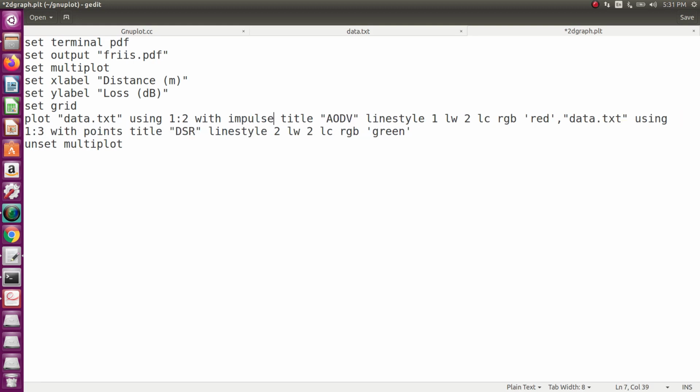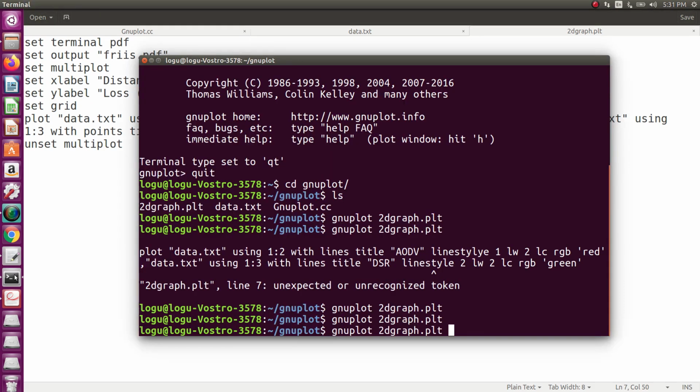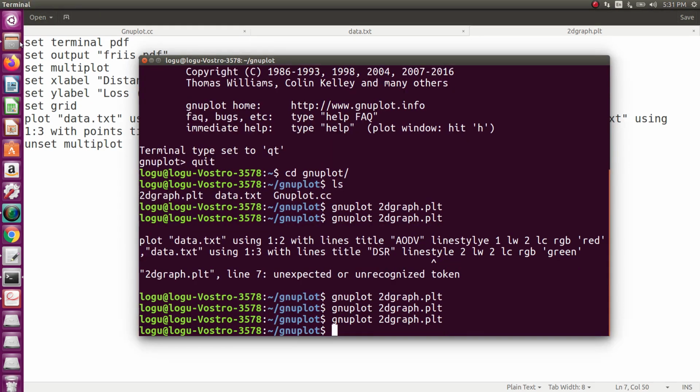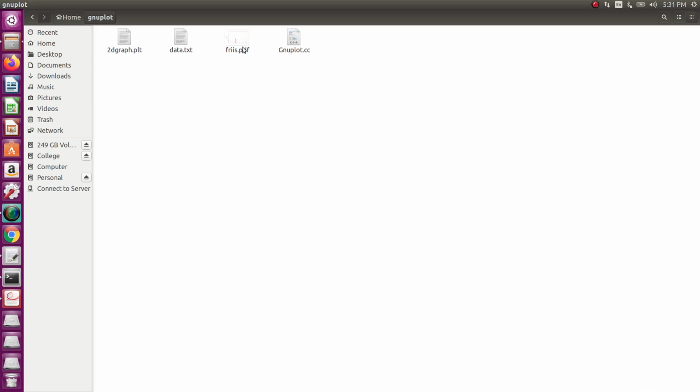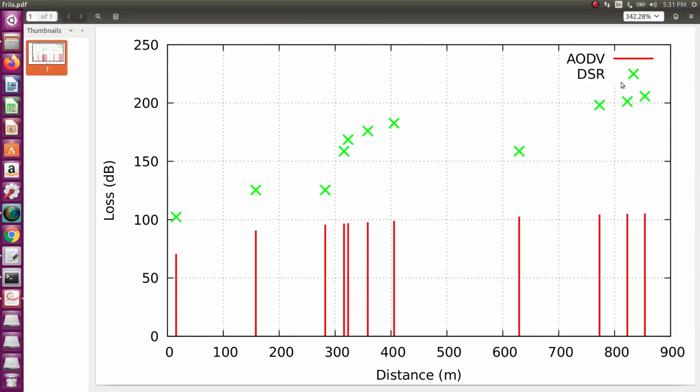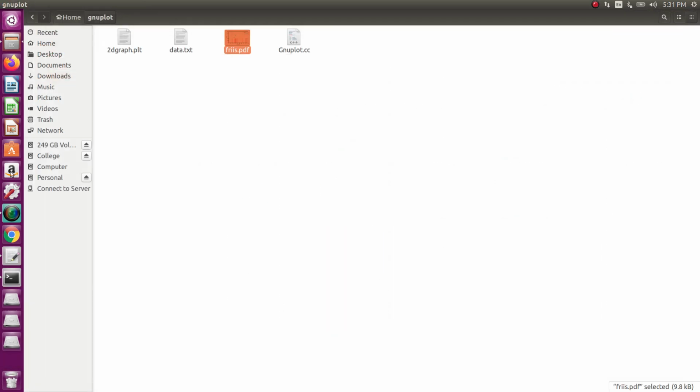On one graph AODV is for impulse, and the next graph DSR is for points. Run the program. So AODV we are using impulse, then DSR we are using points. Like that you have to change according to your wish.